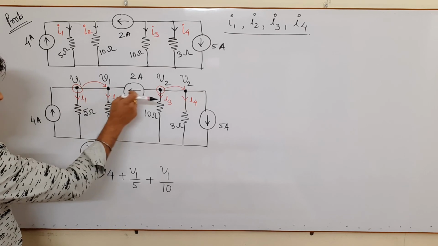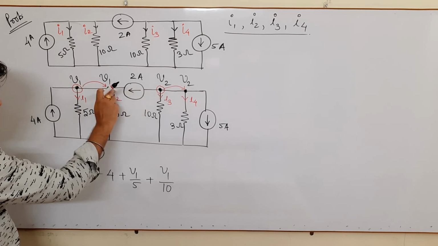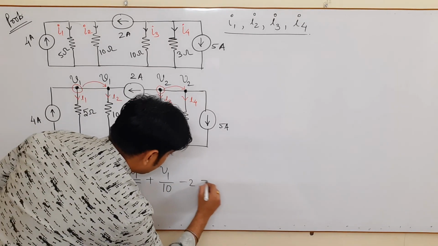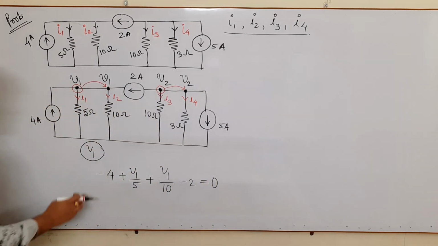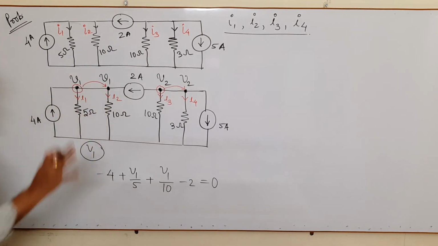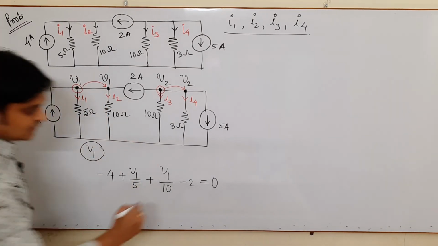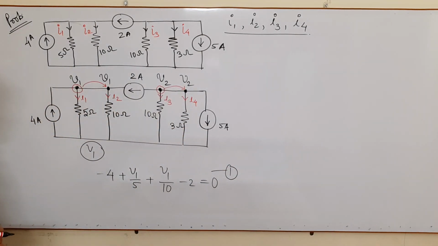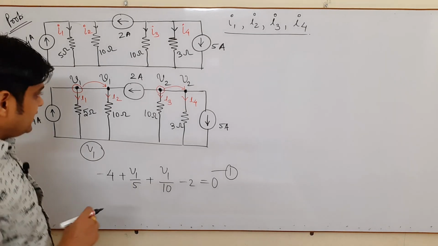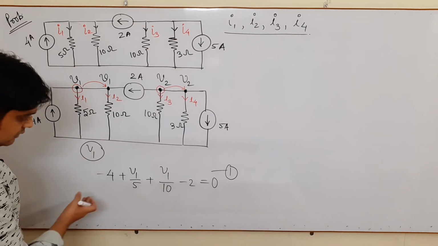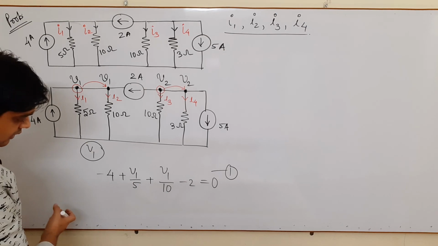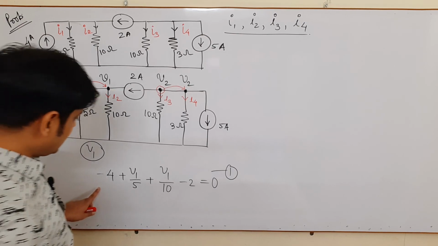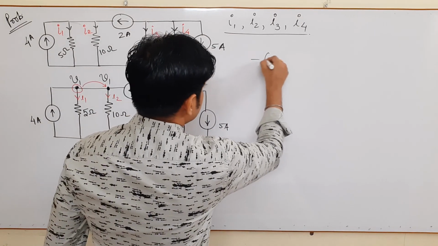Now, is there any more current? Yes, one current which is coming towards the node V1, that is 2 ampere, and again it is coming towards the node, so I call it minus of 2, that should be equal to 0. So you can say the algebraic sum of current at this node is 0. With this we have written the first equation, very important. This is our very important first equation for node V1. Okay. Similarly, I will write for the other node, or if you say I can solve it, yes, we will solve it. So we will multiply it by 10 and it is minus 6. It comes to be minus of 60.